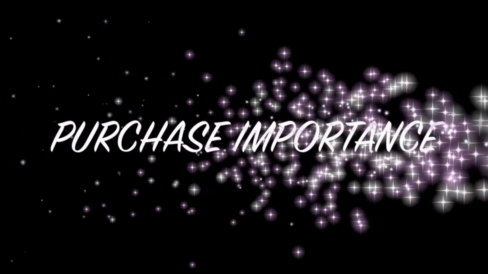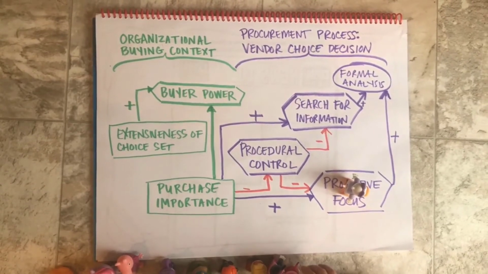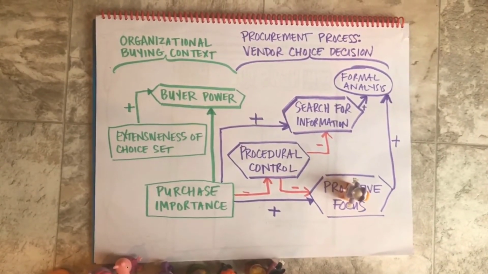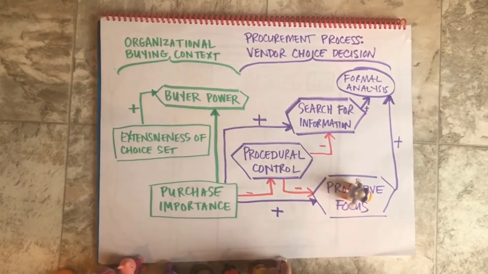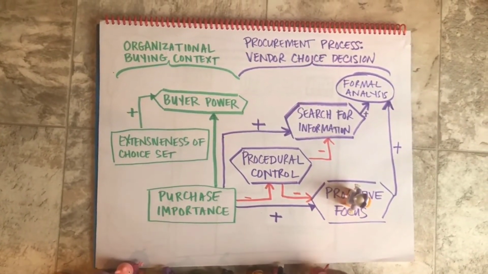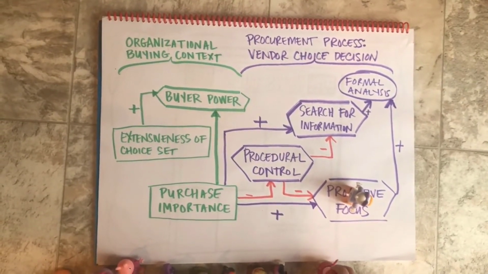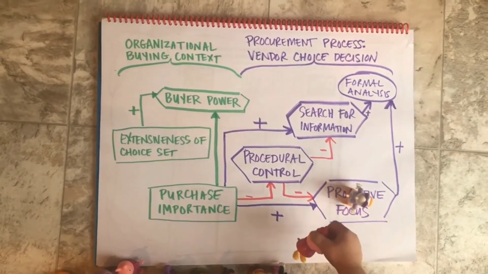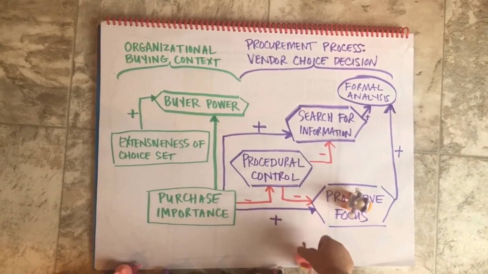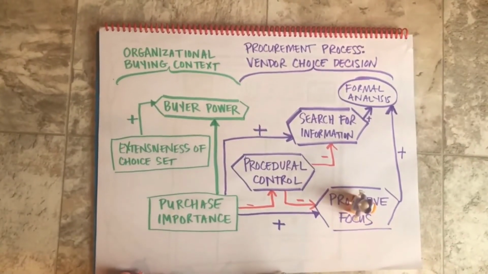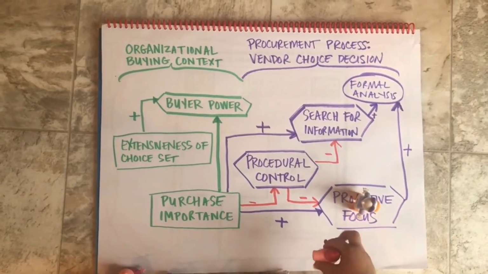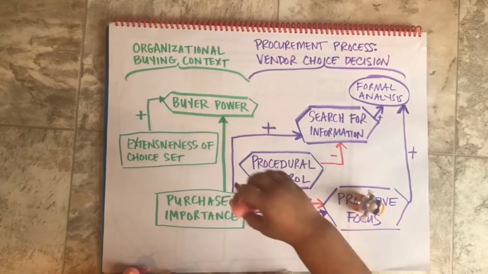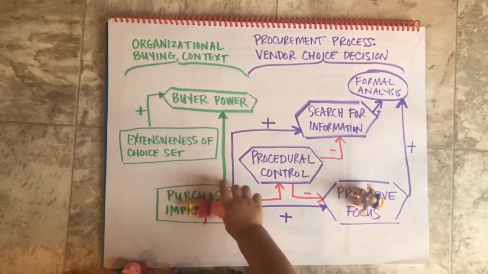Purchase importance has direct negative impact on procedural control because less important buying decisions are delegated down to the organization. It may be programmed or automated. On the other hand, if the savings from automated decision-making is small relative to the total value of the purchase, or if there is a downside risk to applying standard procedures, there will be less reliance on procedural control. For example, when investments of assets are involved, management has fewer procedural controls on which to base decisions and will need to customize contractual safeguards.